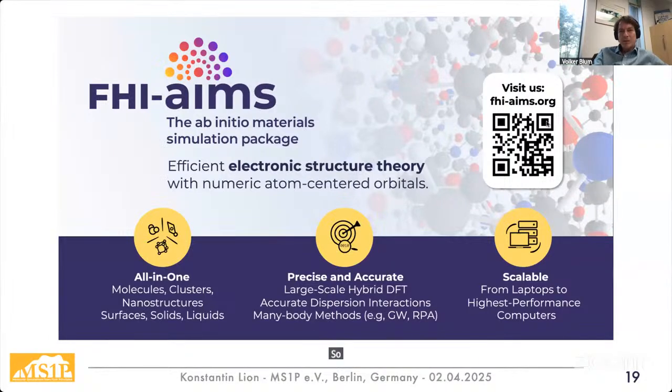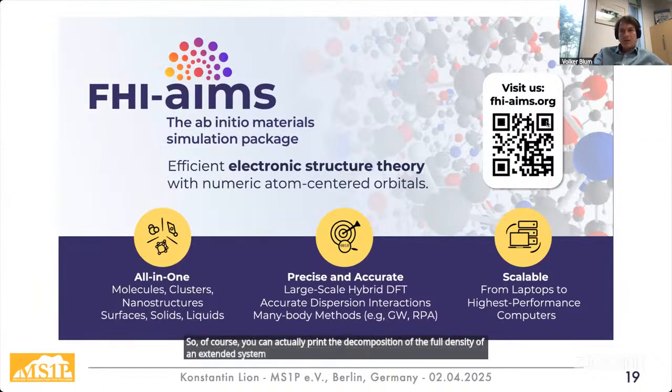Of course you can actually print the decomposition of the full density of an extended system into atom-centered multipoles, and then you get atom-centered multipole densities. Radial energies, I'm not 100% sure how to interpret that without a better definition. But all these things can be printed if we know about them and given time, right? Often we don't know the use case, and once we know, that's actually for the other question. That's a very interesting question.